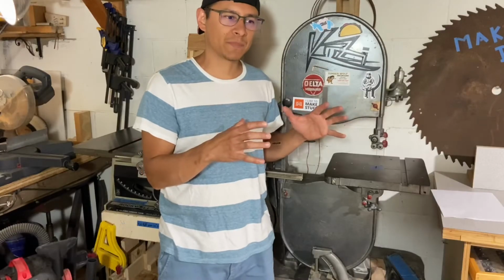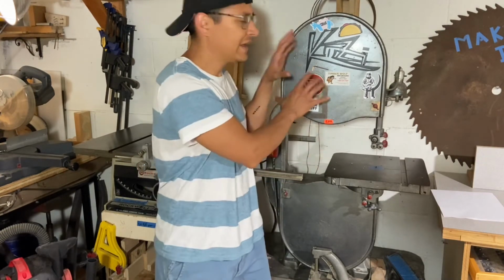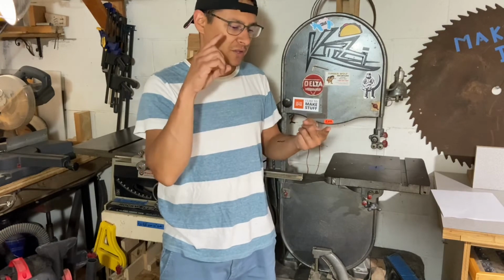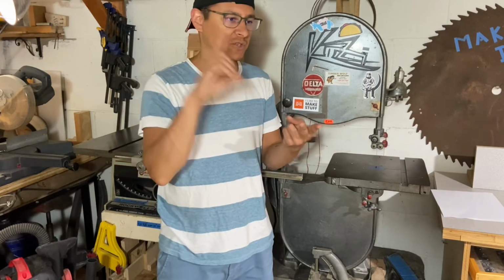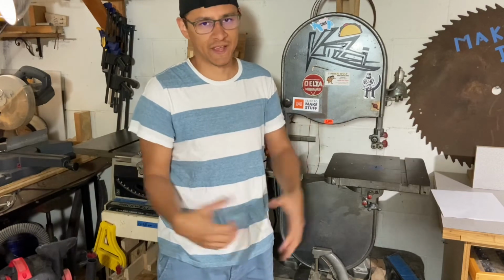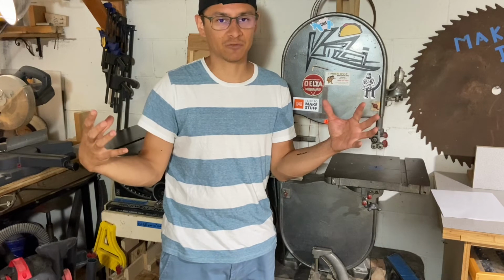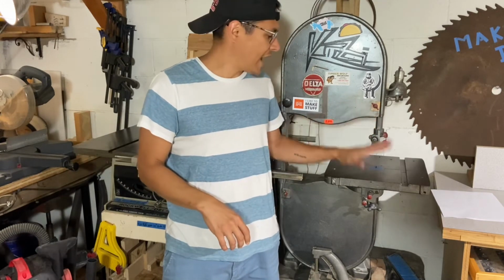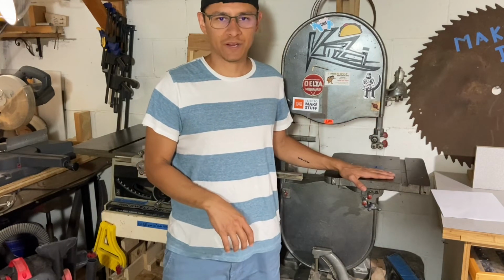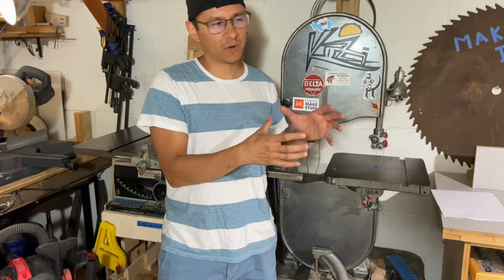So I kind of want to wrap up by giving you some comparison for the time and the money that it takes to put into these machines, right? You have to do all the research. You have to check for replaceable parts and then replace them, clean them, ship them, whatever the case may be. Or I could just buy it brand new and have it shipped to me right out of the box, ready to go. So I looked up some comparable 14-inch bandsaws,